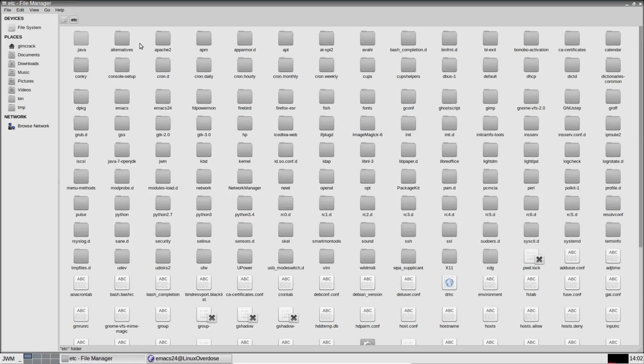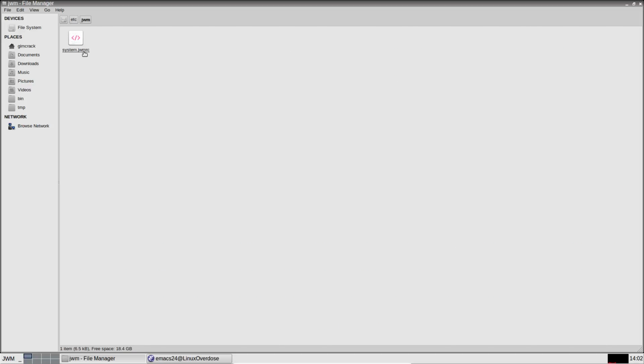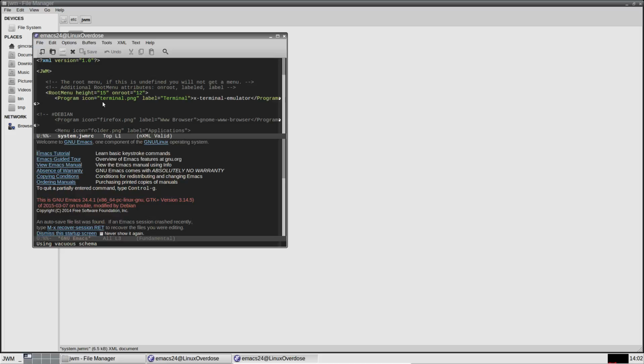It was in /etc/jwm, which is right here, and the system.jwmrc. This is the original file that came with it, and I think it stays the same. Yeah. So this is how it looked